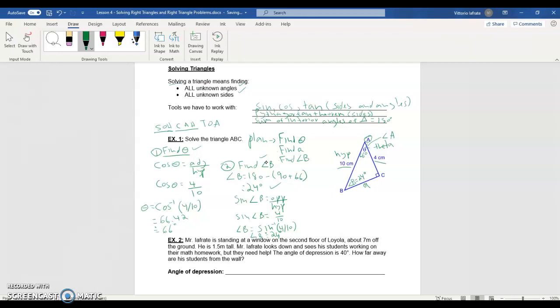Another way to name side A is you could have called it side BC. That's another way to do it if you don't have any vertices labeled. So side BC is the same thing as side A. You can call this over here side AC, side AB, like that as well. So for side A,